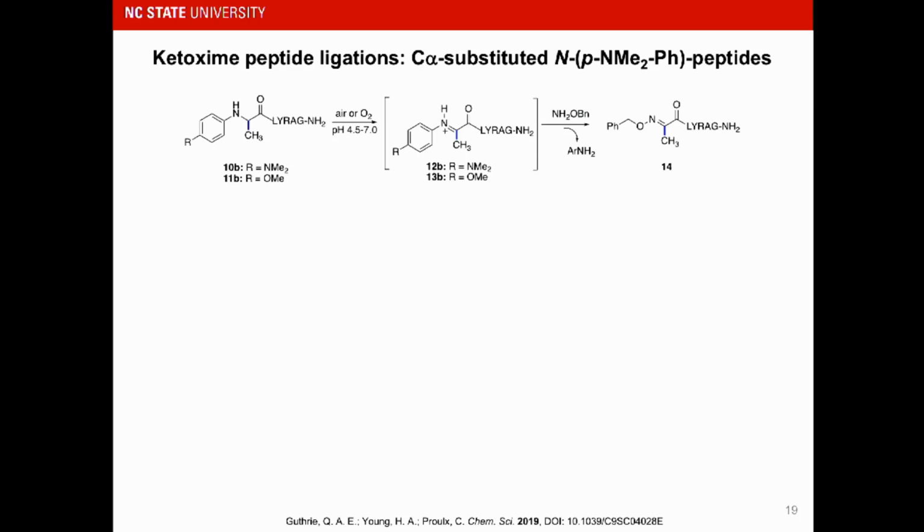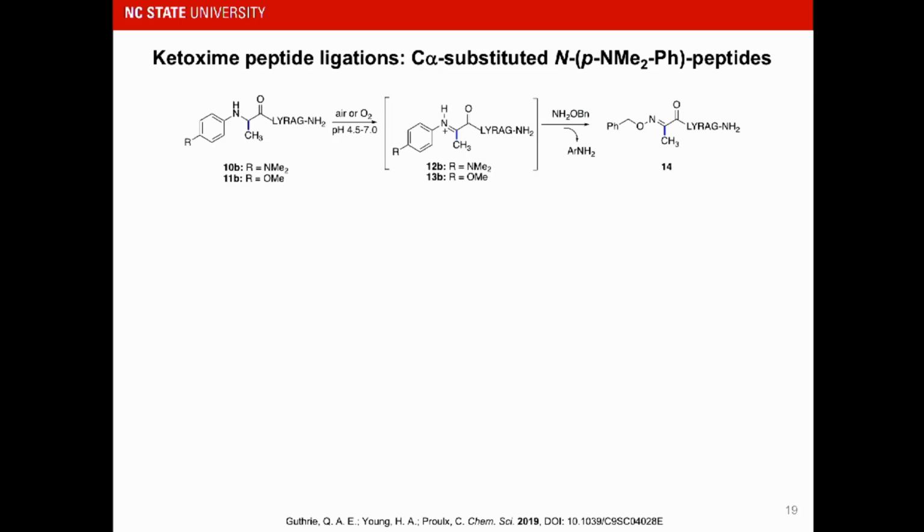Okay, so we have this analog. The dimethylamino substituted N-phenylglycine analog really seemed to be special. And so we really started to ask ourselves, what happens if I put a substituent now at the alpha carbon? So move away from glycine derivative and start to think about all the other amino acids. Can we get the same type of site-selective oxidation and now get to ketoxime ligation product? I think there's a lot of value in that because it keeps the side chain chemistry at the site of